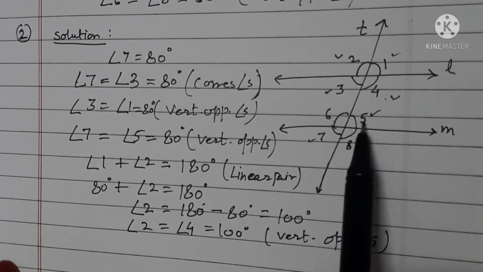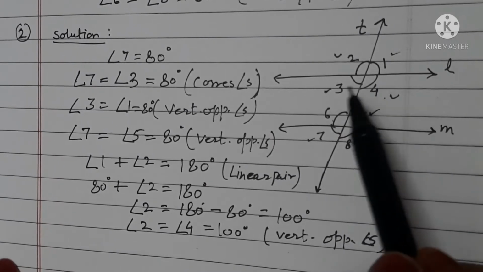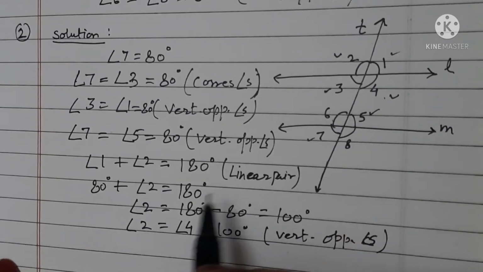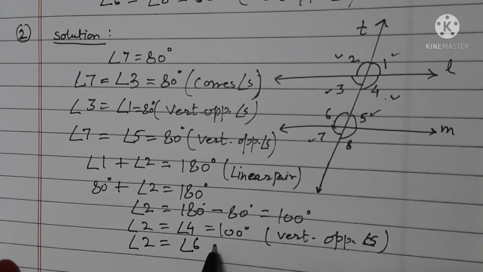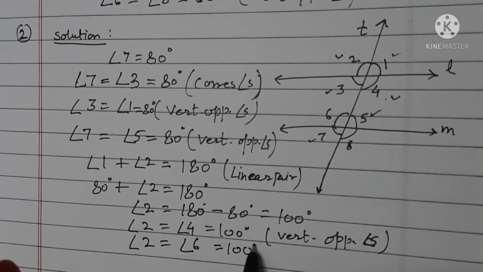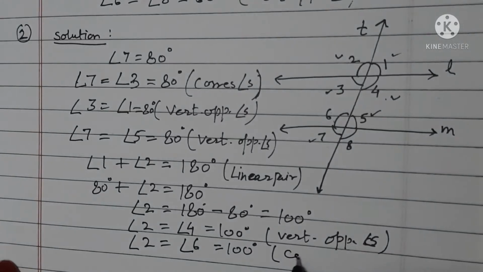Or you can take these two, angle 5 plus angle 6 is equal to 180 degree. And if you already know angle 2, so directly you can write angle 2 is equal to angle 6 is equal to how much? Angle 2 is 100 degree. So write these are corresponding angles